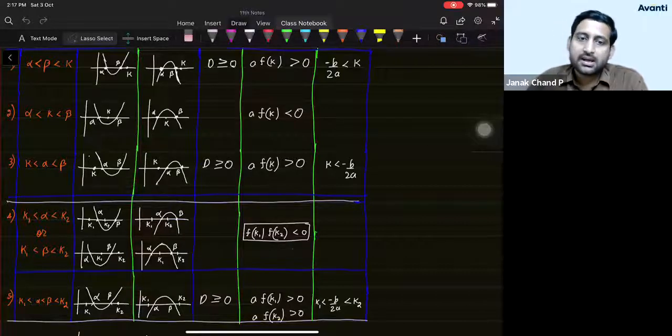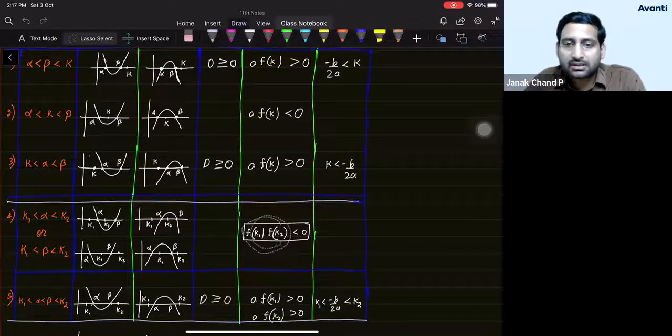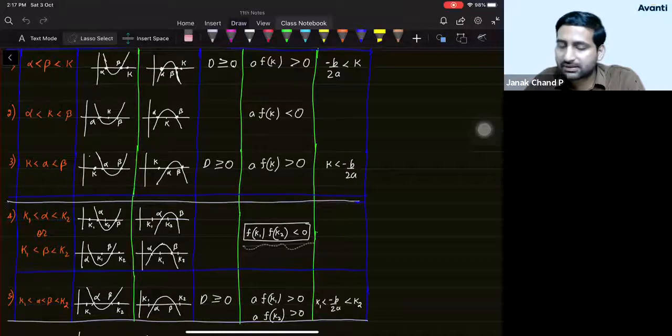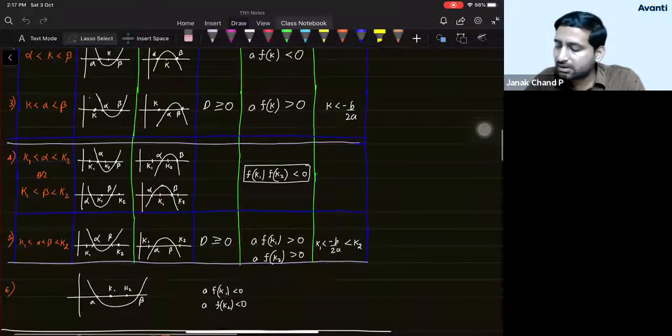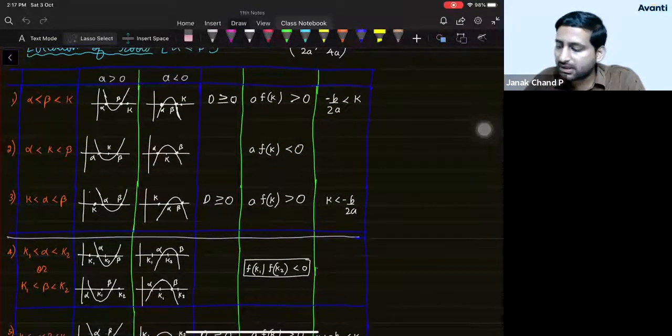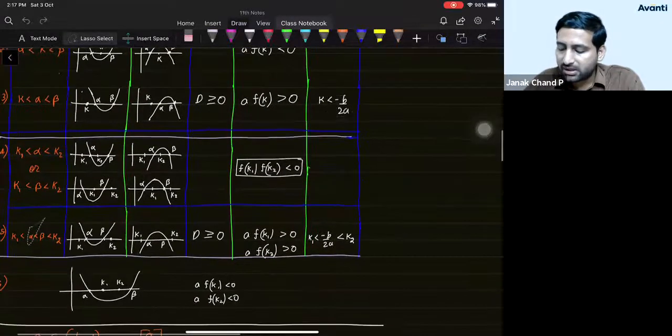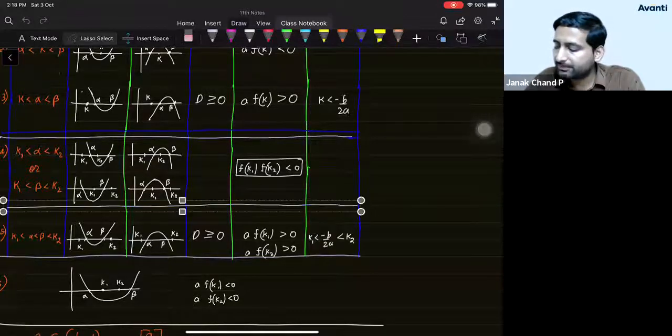Also remember, students, since there are two numbers in the fourth and fifth cases, you will get two things, f of k1 and f of k2. And a special thing about the fourth case is you can club both the results and write one single equation, which is this. However, in the fifth one, you need to do it separately, right? And the third column is nothing but the location of the vertex with respect to the given number. If both the roots are less, even the vertex will be less. If both the roots are greater, then the vertex will also be greater. If both the roots lie between k1 and k2, then the vertex will also lie between k1 and k2, right?